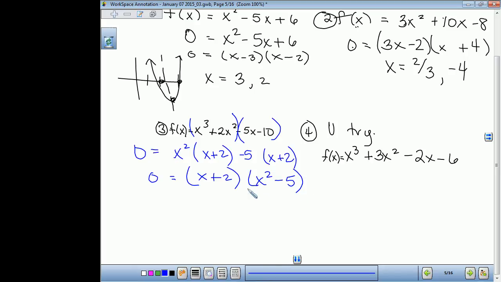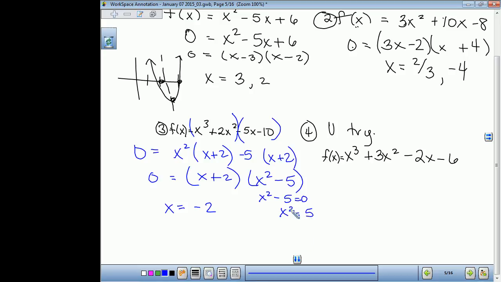Well, as long as I can get it down to a quadratic, I can always use the quadratic formula or one of my other methods of solving a quadratic. So as long as all my factors have a degree of 1 or 2, I'm good. And I am. I know that x can equal -2, or right here, this could equal 0. If this were 0, then the product would be 0. So if I move the 5 over,